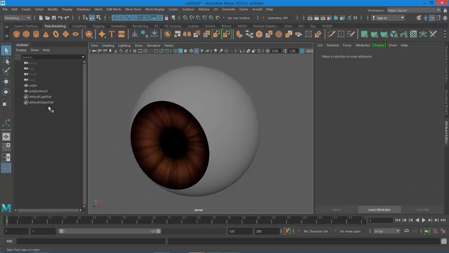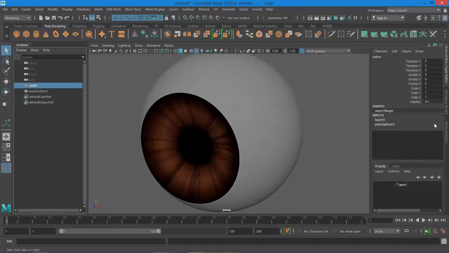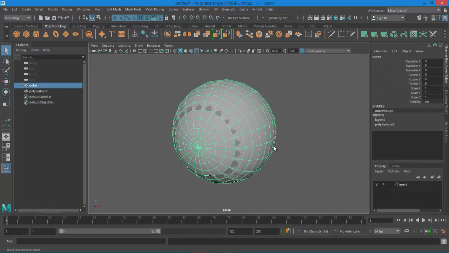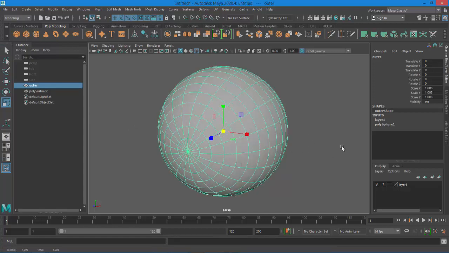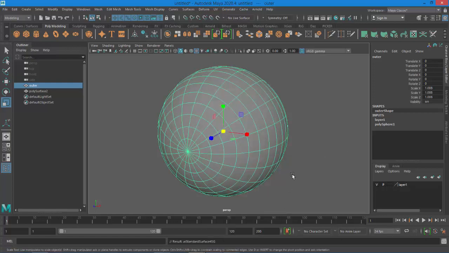And then I have the outer one, the one that we hid using the layers. So I'll just come and unhide the outer one, and you'll notice, well, it's poking through. So let me hit 3, and you'll notice it's poking through. So I'll just increase its size slightly. Now just like that. That is fine. And this one, now we apply existing material, the eye reflect. Now,